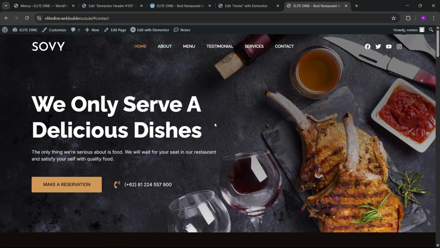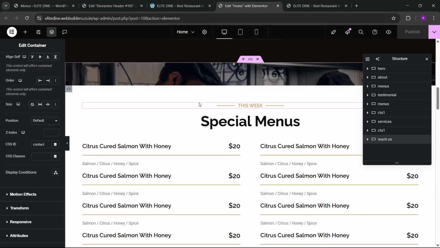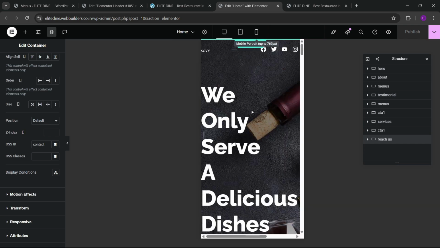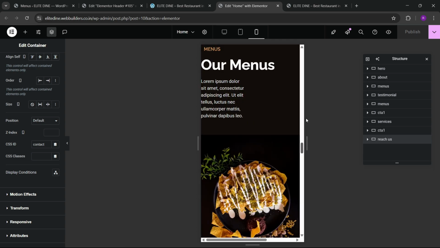Okay, so you can see that we have successfully built our whole website. Now let's move to the final part of the video, where I'm going to show you how you can add some animations and mobile part. So let's do the mobile part first. So here you can see that we have this responsiveness options. So let's go to the mobile part, and here in the mobile, first we have to make the fonts of